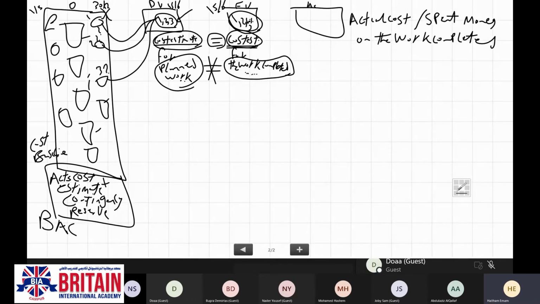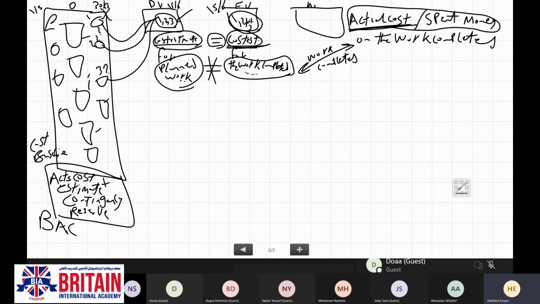But here, in the actual cost, I'm talking about the money which in reality has been spent on this work completed. So the common factor between the actual cost and the earned value is the work completed. But the difference is that here we are talking about the actual cost, and here we are talking about the cost estimate.